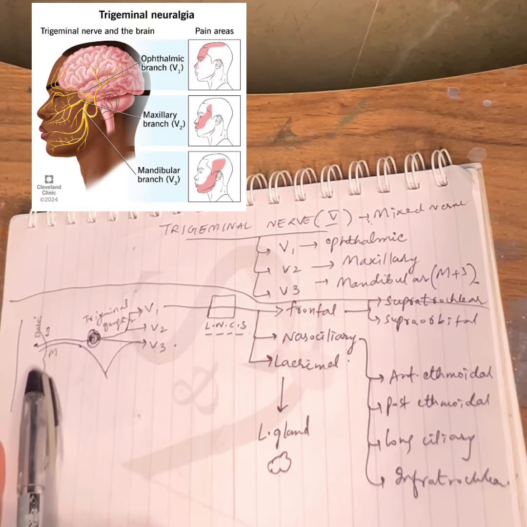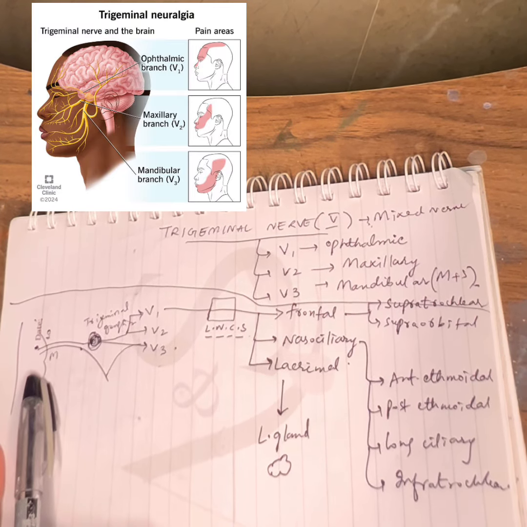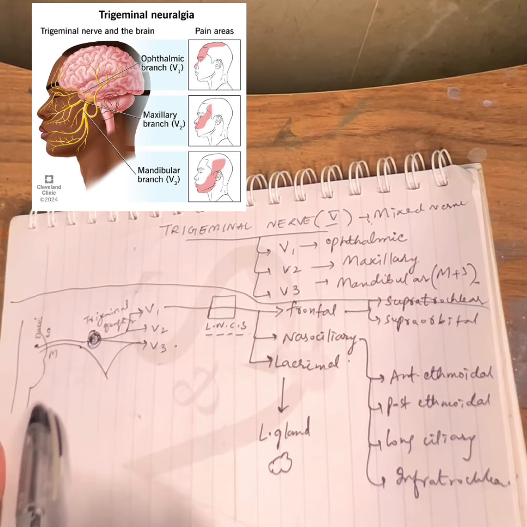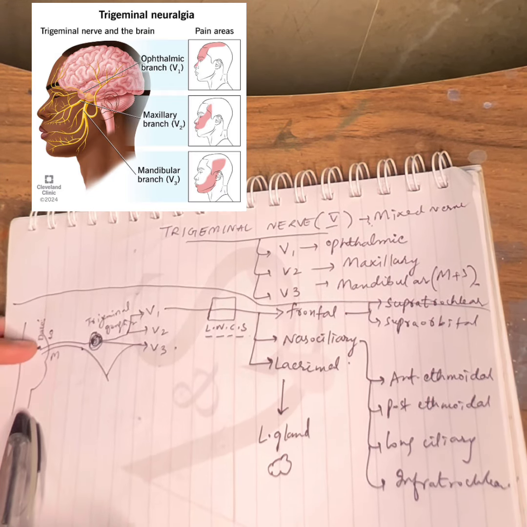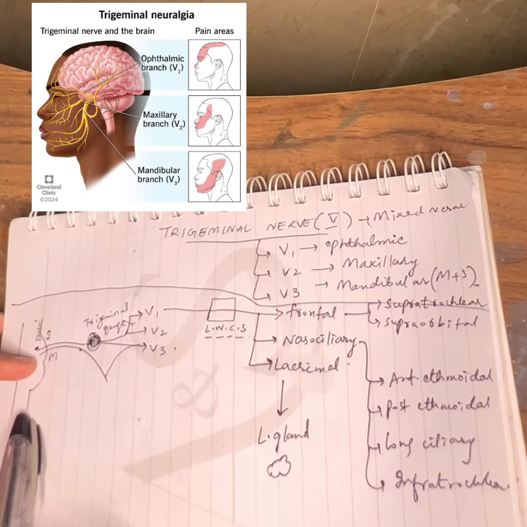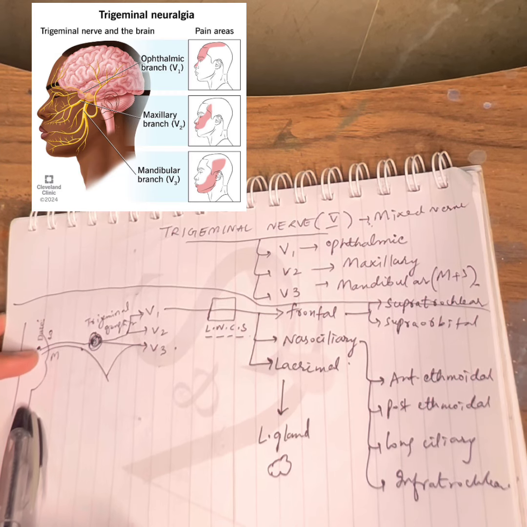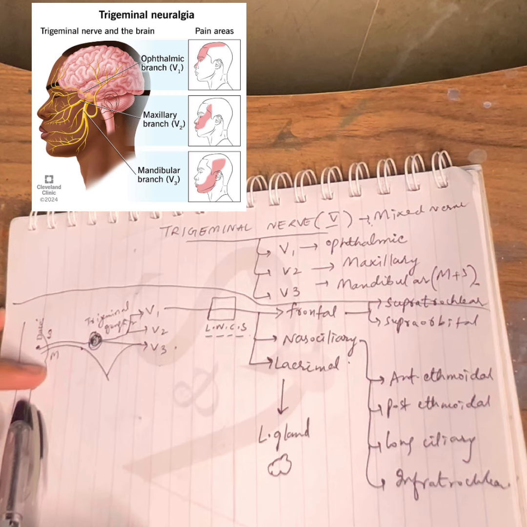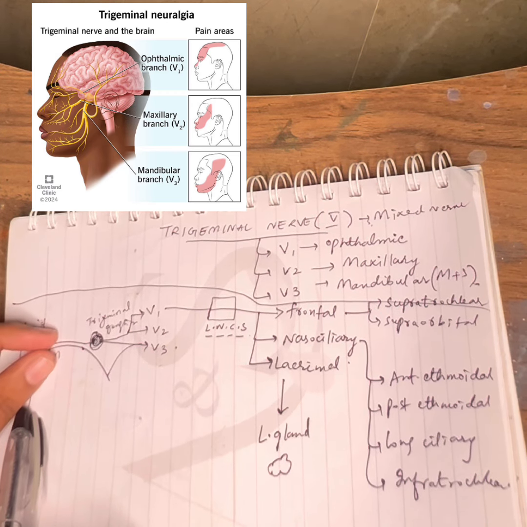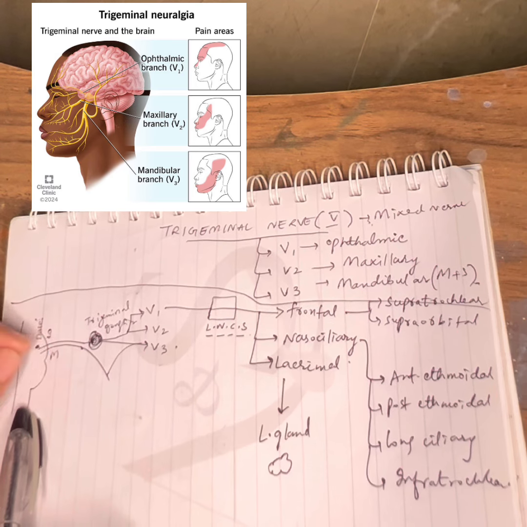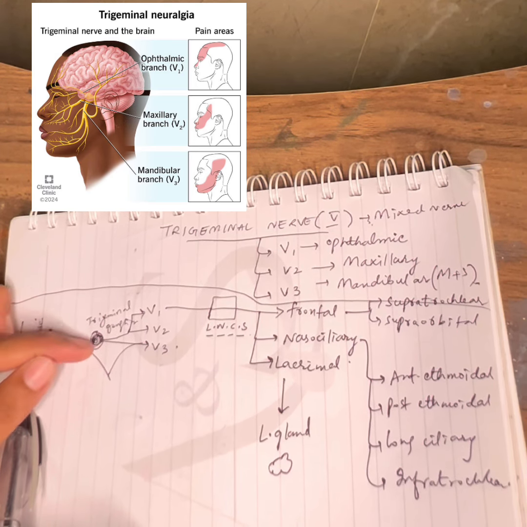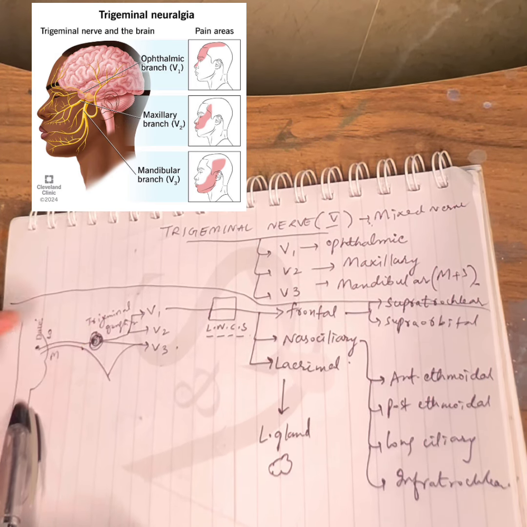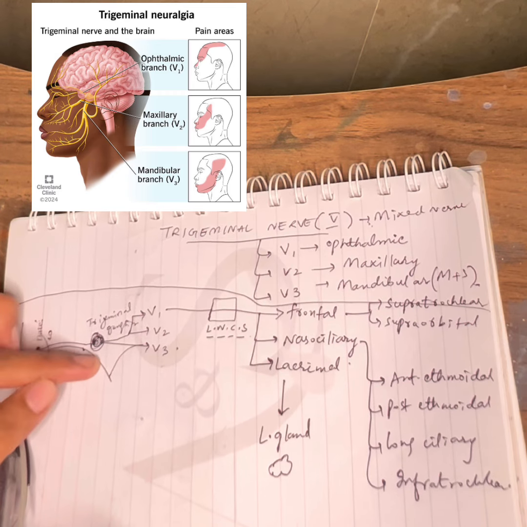So, the nucleus of the trigeminal nerve is present at the level of the pons. Imagine this is the brain stem: the upper part is the midbrain, then the pons, and then the medulla. The nucleus of the trigeminal nerve is present at the level of the pons and it has two roots. S stands for sensory root and M stands for motor root, right? Both roots emerge from the pons, and the sensory root makes a ganglion which is called the trigeminal ganglion, while the motor root comes downward.